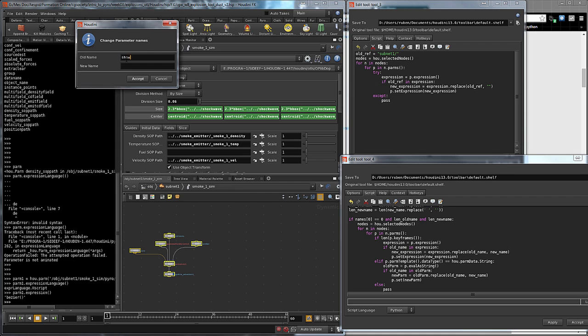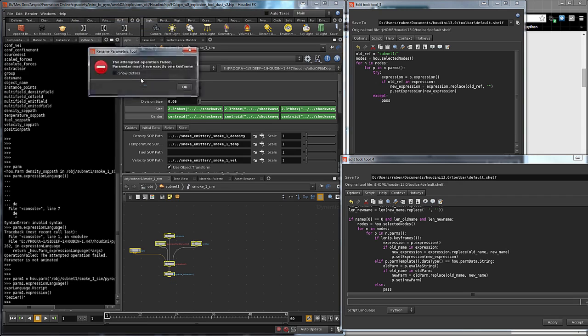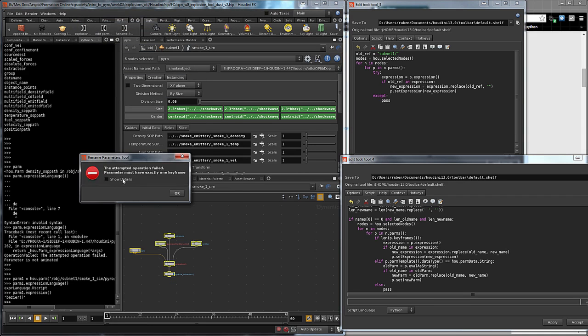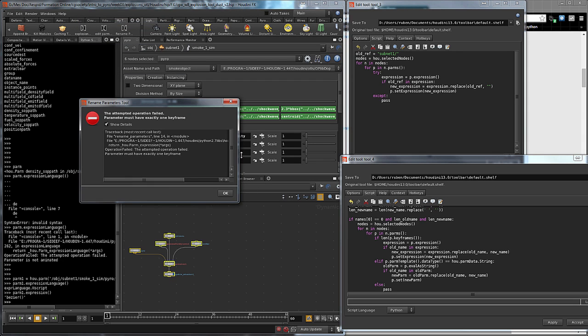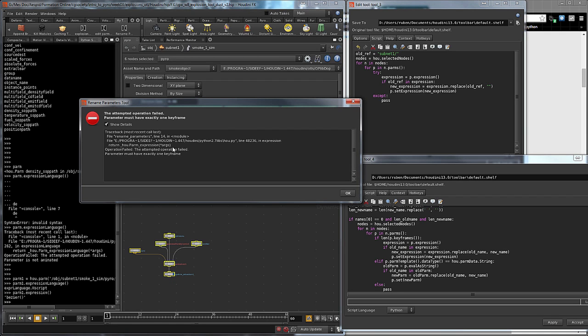So shockwave and then smoke. Okay, we got an error. What is this saying? So let's just double check what it says. So in expression,